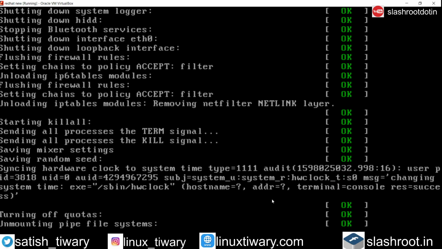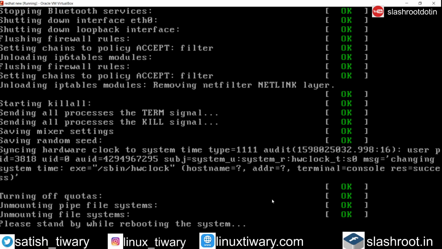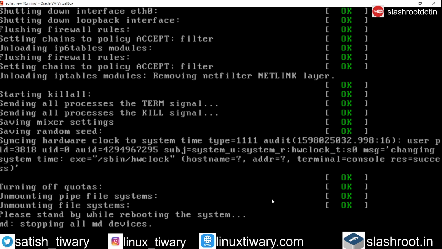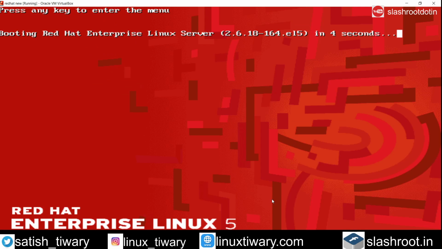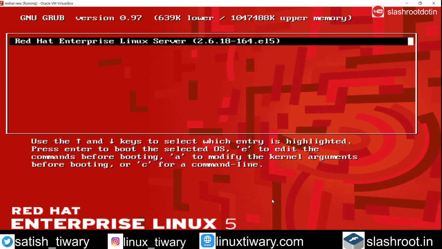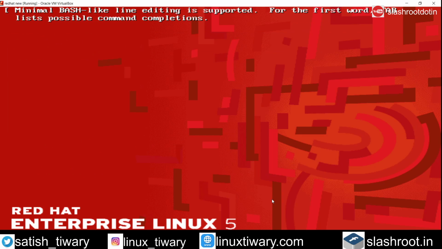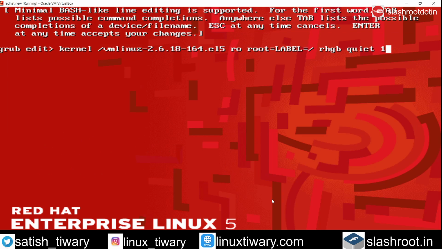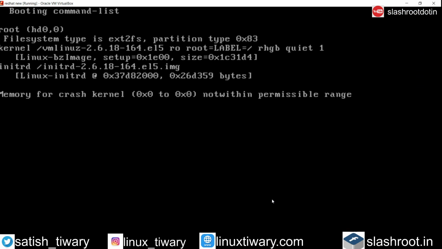I'm going to show you how. Press the arrow key, press E here, go to the kernel line, press E again, press space, press 1, press enter, and then press B to boot, and now it will take you to single user mode this time.